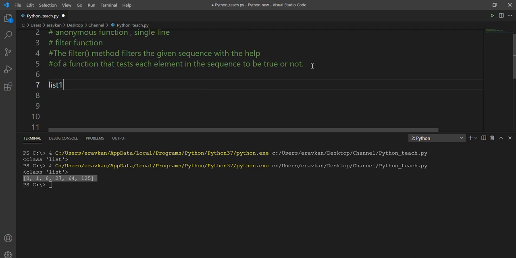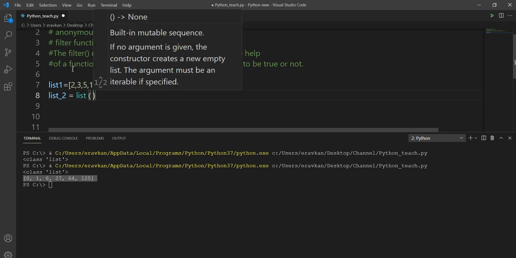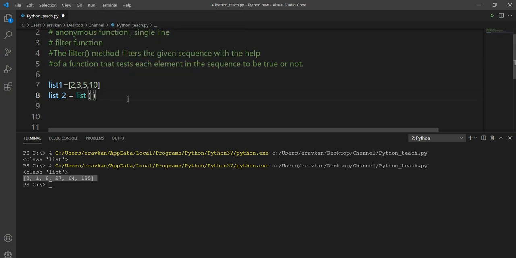I have an element list1 equal to 2, 3, 5, 10. Now in my list, I want to take the elements which are greater than, suppose, 3. So I will prepare a new list, list_2. Here I will take list, because filter will also give me an object.